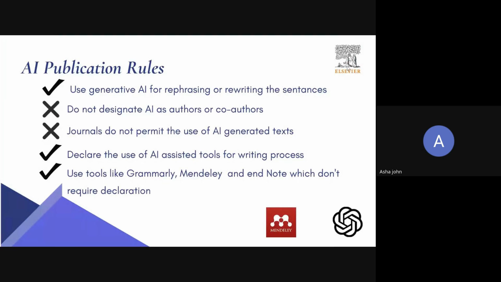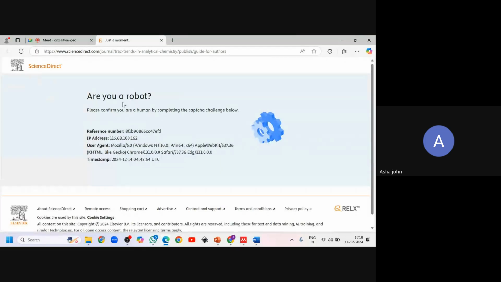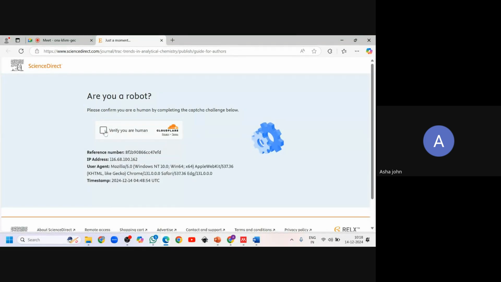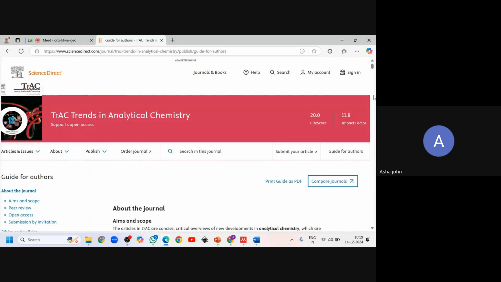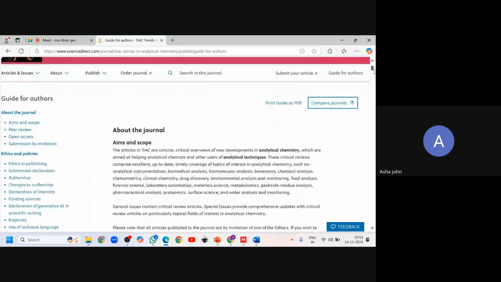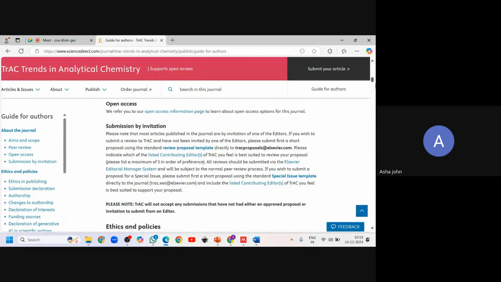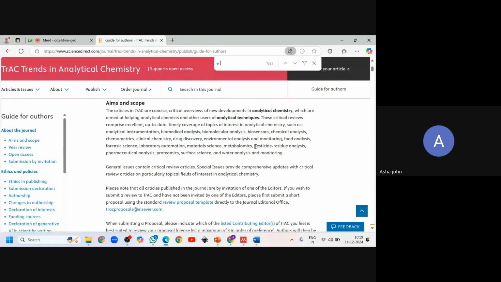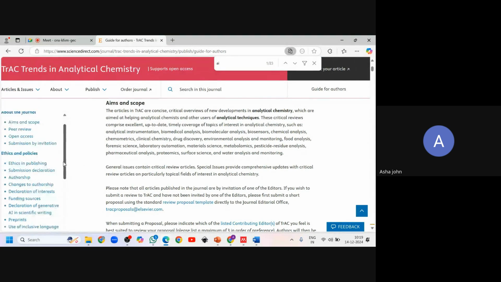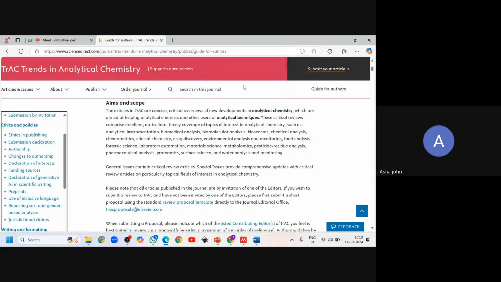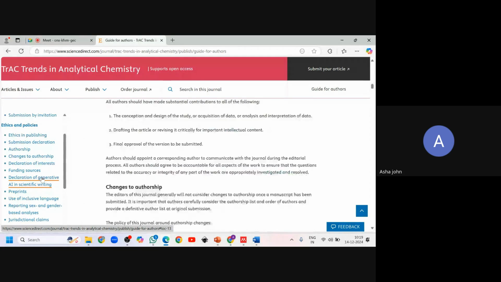So let's see where it is mentioned on the journal site. This is one journal from Science Direct. On the left side, you can see the declaration of generative AI in scientific writing.